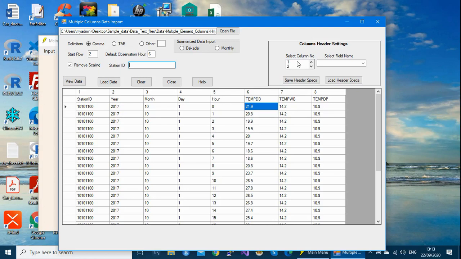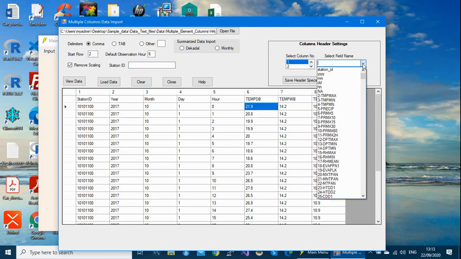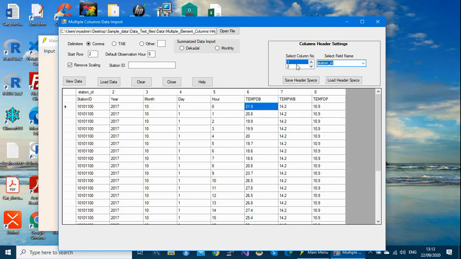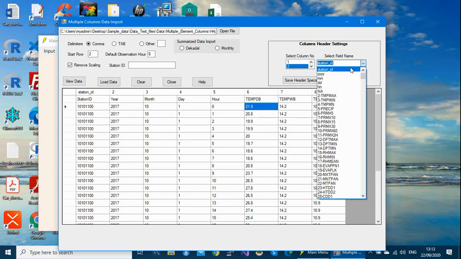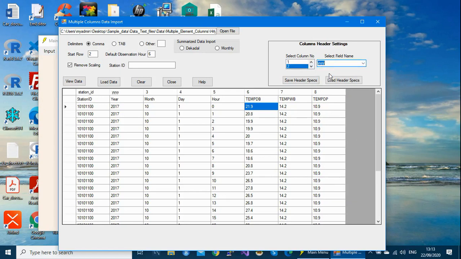So like here, if you select column 1, you match it with the corresponding field name, which is station ID. Column 2 is year.